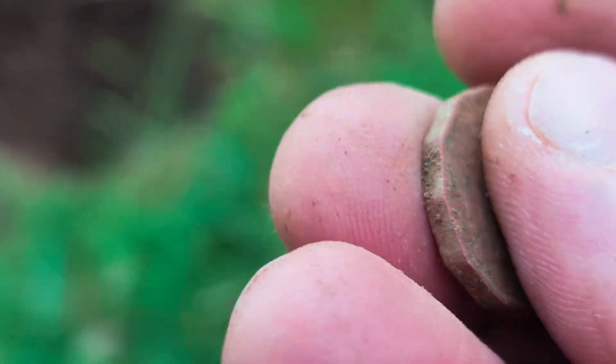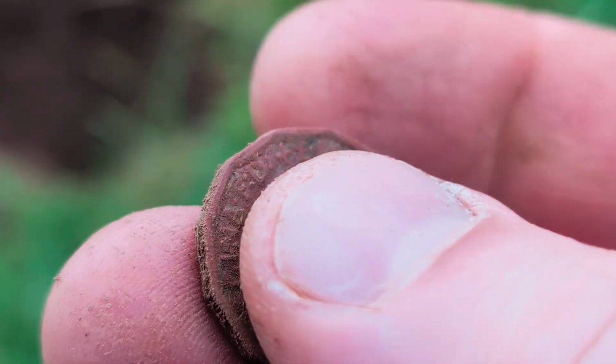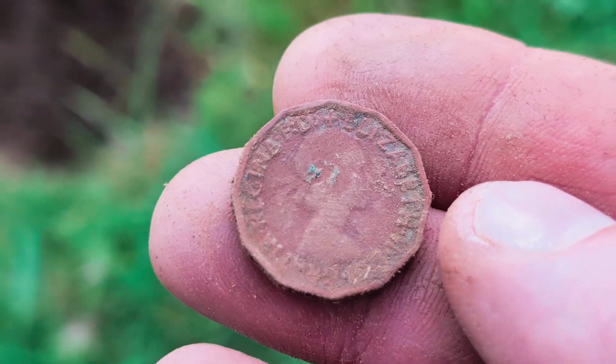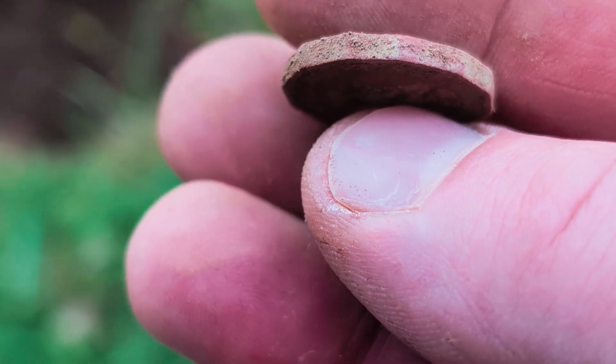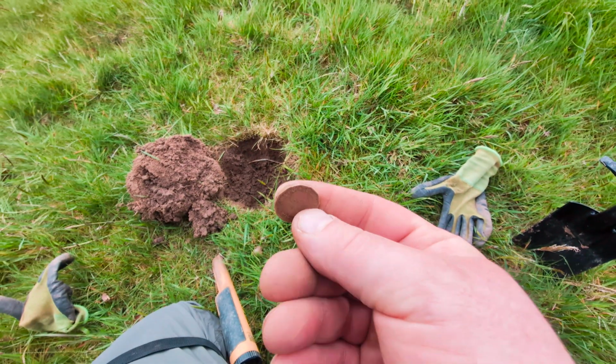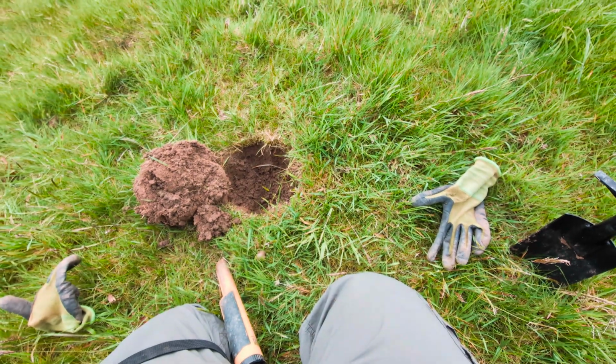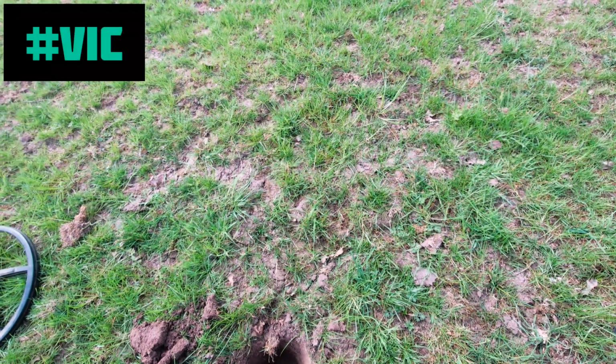Yeah, 1960. So she'd been on the throne 7 years at this point. And she is Elizabeth II. But that is the first coin of the day, and I'm pretty sure it won't be the last. On we go. Okay, I think I've just found